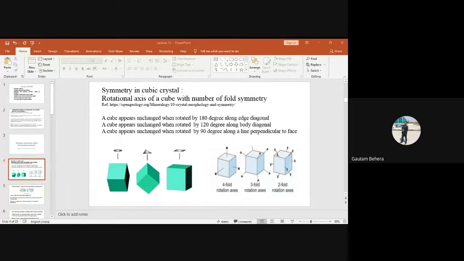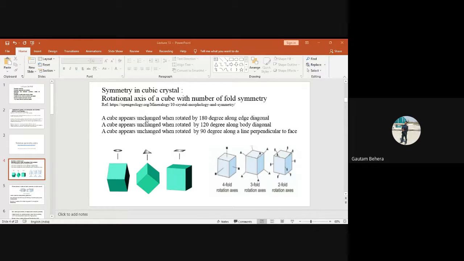And if you remember, we have 7 crystal systems, from which we have a cubic crystal system, right? In the cubic crystal system, we have primitive cube unit cell, we have face-centered cube unit cell, we have body-centered cube unit cell, and that's all we have, right? We do not have any kind of end center or base center unit cell. Fine. So just have a look at this cube. The same cube, but different positions.